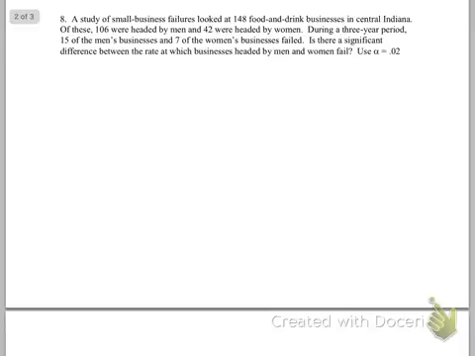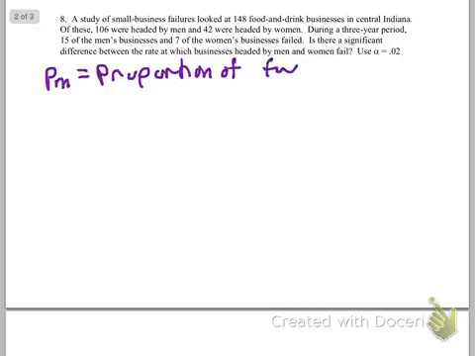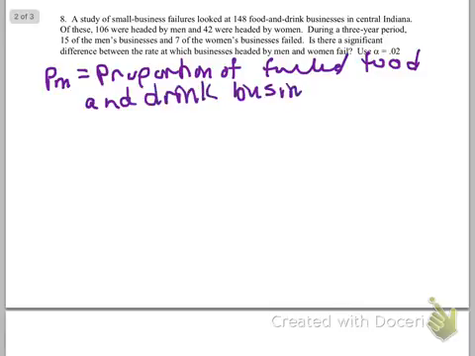All right, so hopefully you see that this is a hypothesis test. First of all, I'm going to define my hypothesis. So we have P sub m is equal to the proportion of failed businesses, food and drink businesses, headed by men,